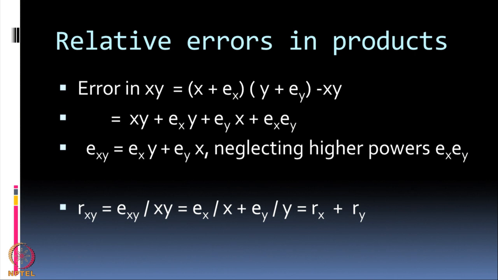This I will need because once I know the maximum possible error, then I know whether to trust my final result or not. Suppose my final result is 2.2 and the maximum error in this is 3.2, then there is not so much meaning to this 2.2. But suppose 2.2 is my result and my error is 0.0033, then I can trust my 2.2 with a great deal of confidence. So, therefore, there is a need always to keep track of how many operations you did in the calculations and what is the maximum possible error.